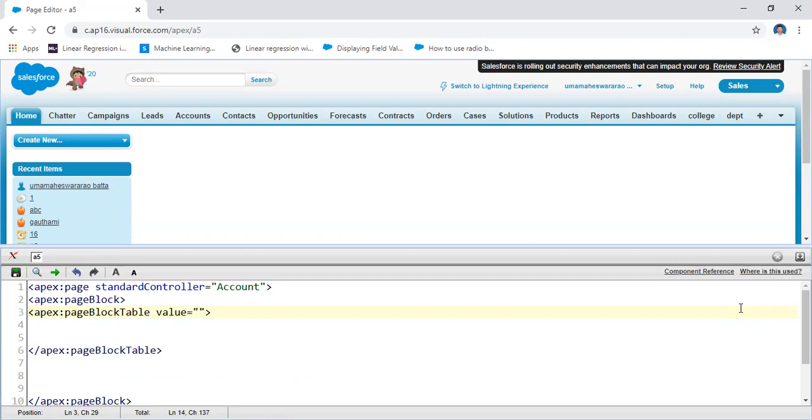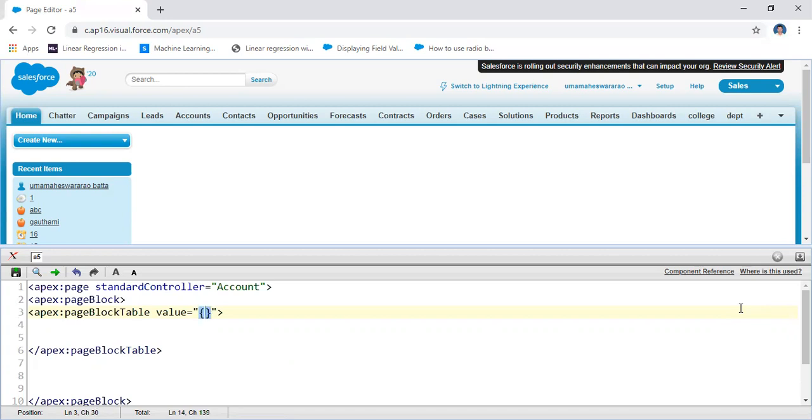For example, I'm going to use account-related values. I'm getting that information from the account. Let us assume double quotation marks, and under the double quotation marks you have a field like this.